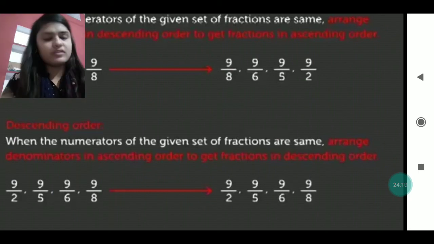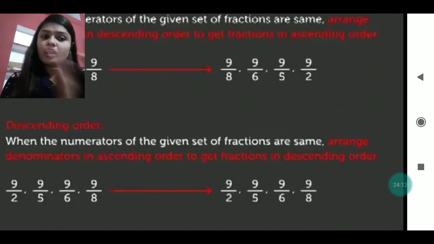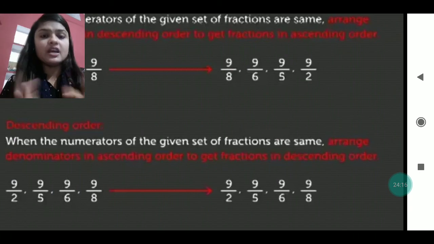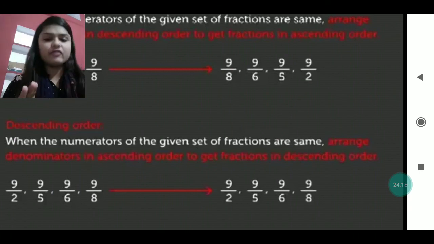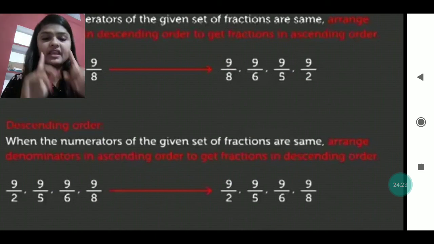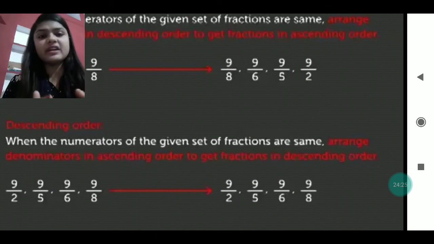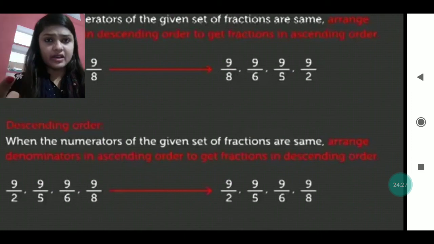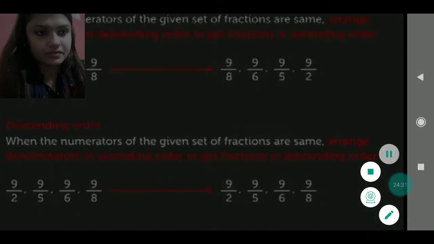Okay, and 9 by 5, so like this only we will arrange. The largest number here will come last and the smallest number will come first. We have to arrange in that way only, because we already know, and again I am explaining, if the numerators are the same and only the denominators are different, the smaller number in the denominator will become the greatest. This also you can do.